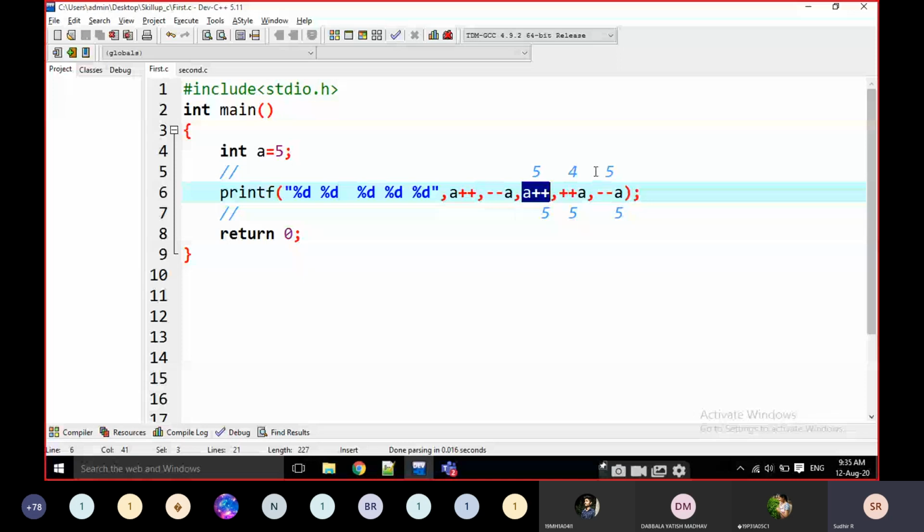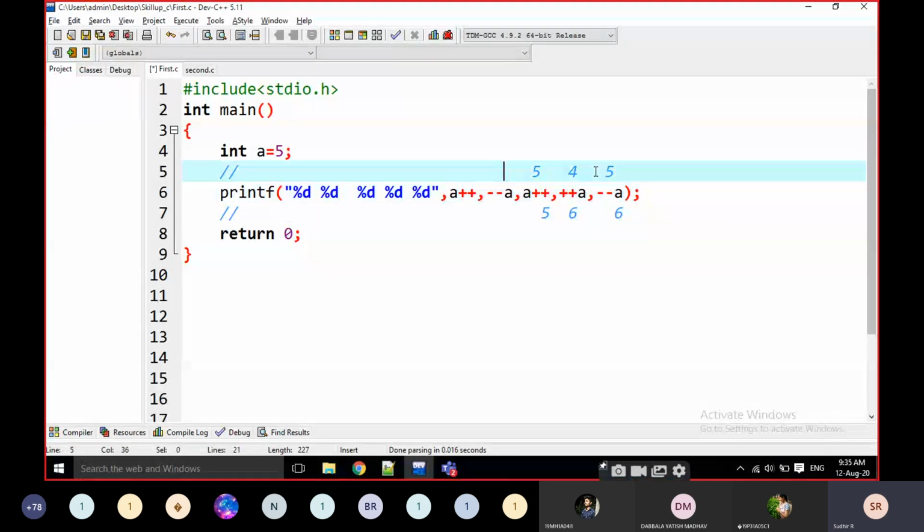Is there any pre-increment or pre-decrement? Yes, sir, two values are there: one is pre-increment, another is pre-decrement. Then we have to modify the new a value 6 here and here also. Okay, and 6 is passed to here. Okay, clear? Yes, sir, clear.